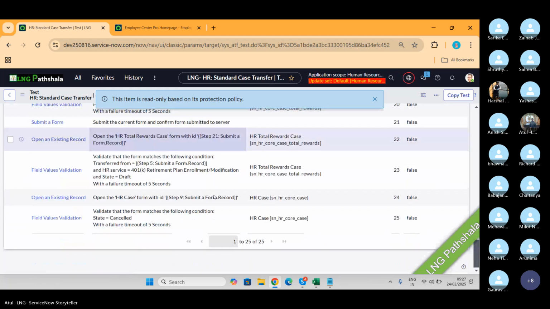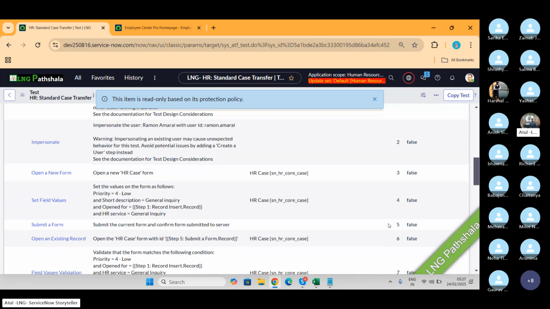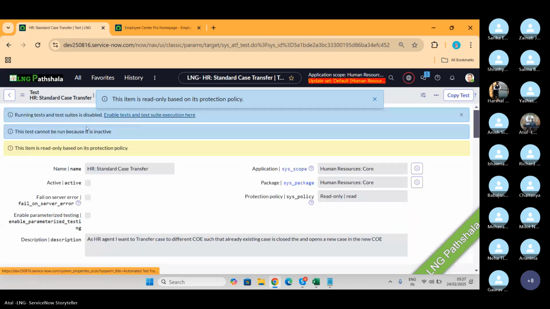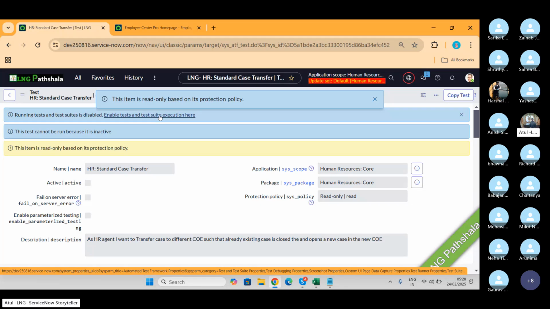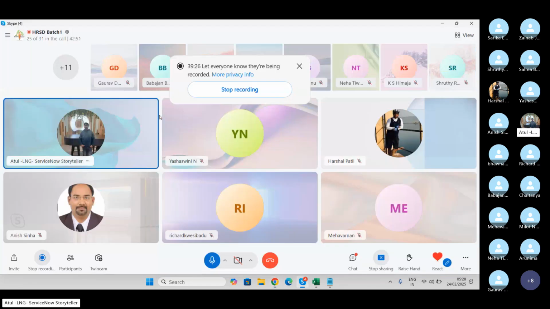See, 25 steps. The thing is that you have to enable it. Running tests and test suites are disabled. You have to go to the ATF properties and enable it, and then you need to run it. But the important point is that we never ever use